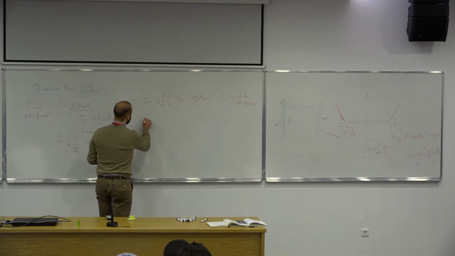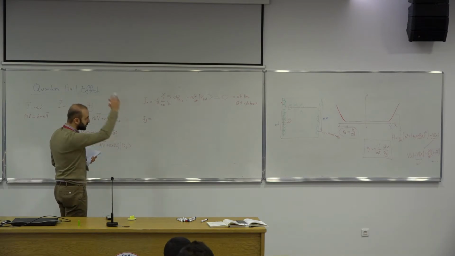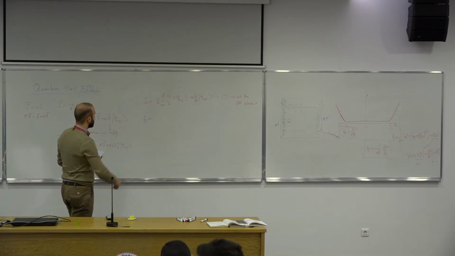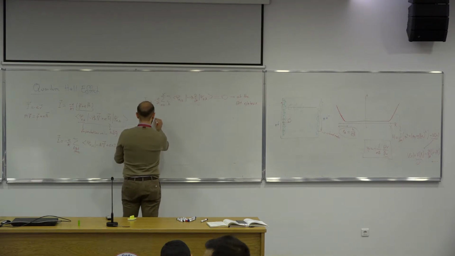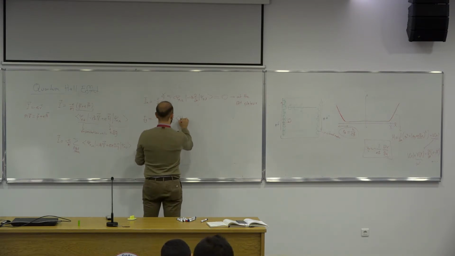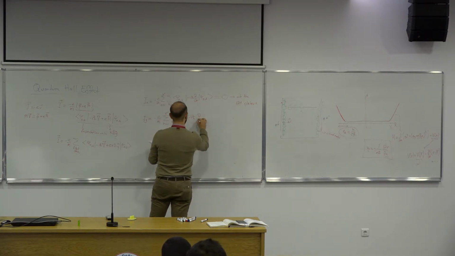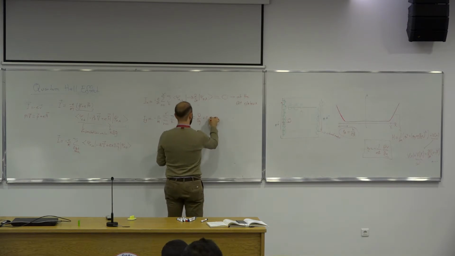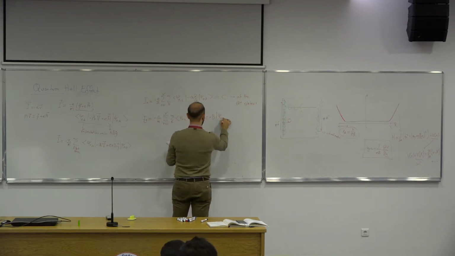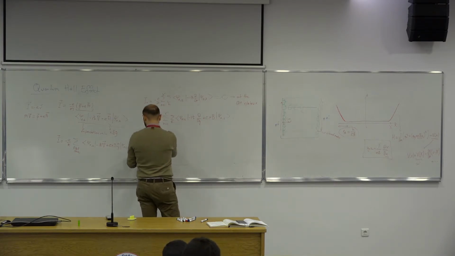Of course, I'm interested in I_y, the current that flows in the y direction. So I have e over m, sum over n equals 1 to ν, sum over k, then ψ_nk, minus i ħ ∂_y plus eBx, ψ_nk. Then this is equal to